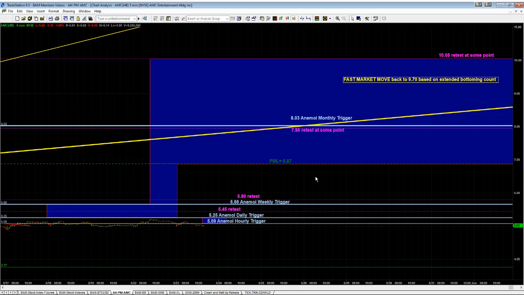Anyway, if a stock moves through the bottoming count and then continues to extend to the downside, I have this very dead simple rule that price, once it starts to move back up, will move very, very quickly back to where the stock was supposed to have bottomed before it was manipulated. In this case with AMC, that's $9.70. So again, we have this pretty tight 3-trigger cluster here, and in the Anemoi terminal, it's about 10%. We can slingshot through that, fill this air pocket, and then again, this 970 is something that I use all the time as just sort of a reversion trade, scalping or swing trade type bogey.